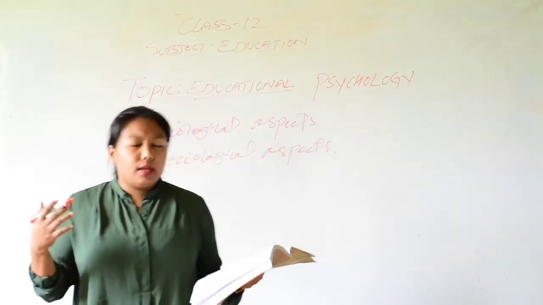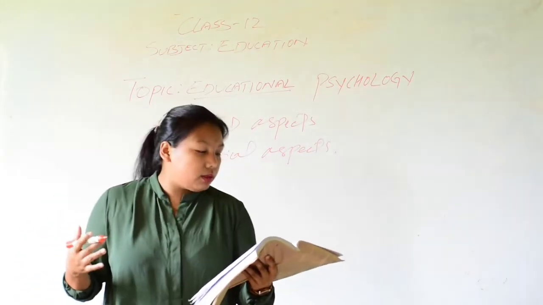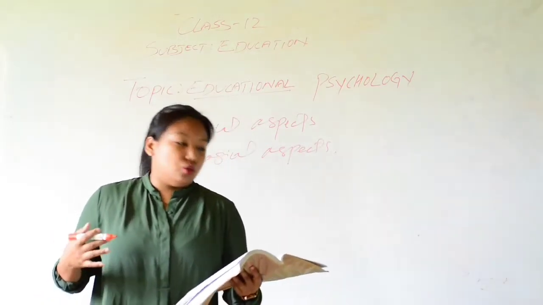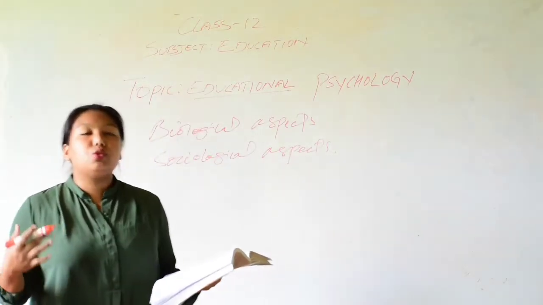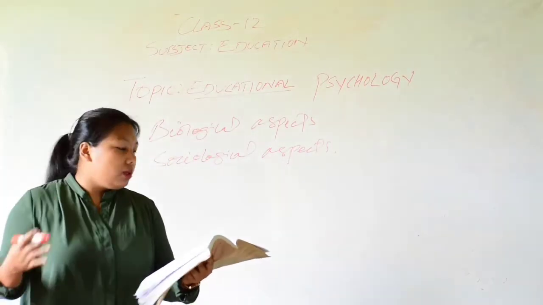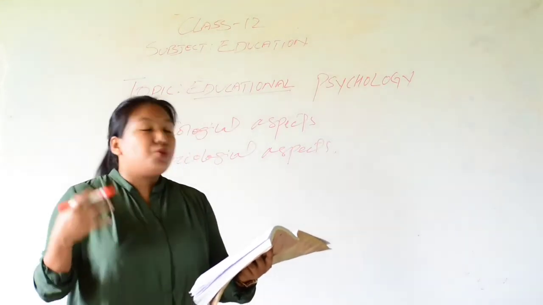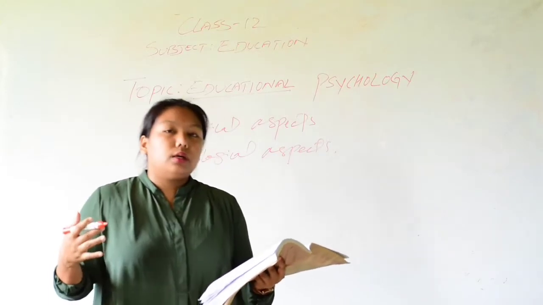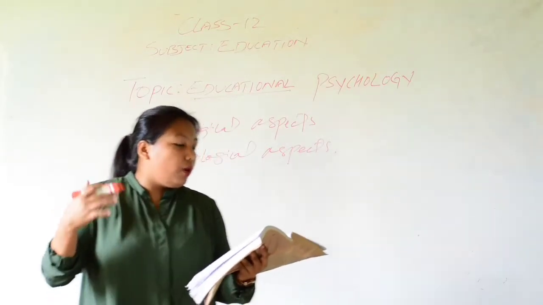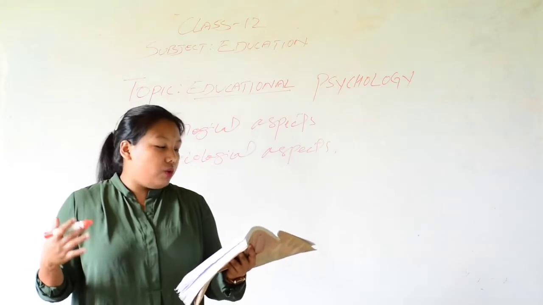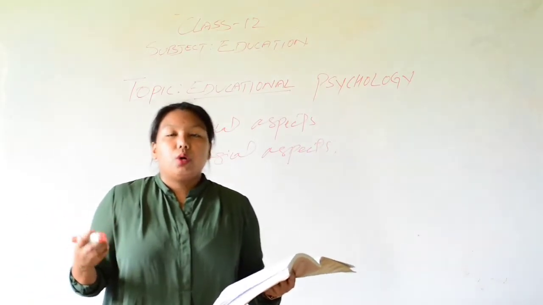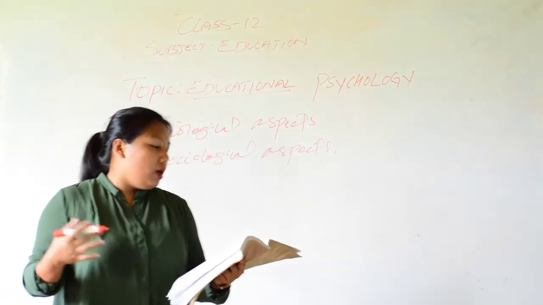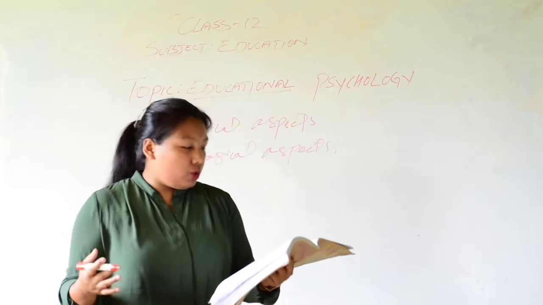We all know that it is very important to have good physical health. And then socially efficient, which means education helps an individual to become socially efficient. It helps an individual to contribute something to the society. Spiritual upright is kind of related to religions, to have a good religious thought, as well as vocational self-sufficient, which means to help an individual to earn his own livelihood without depending on others. Okay, these are some of the aims of education.